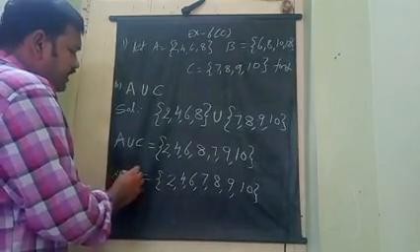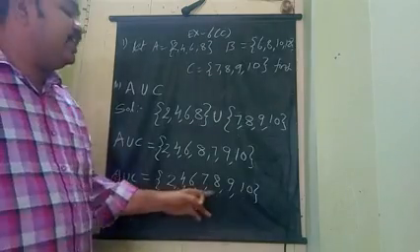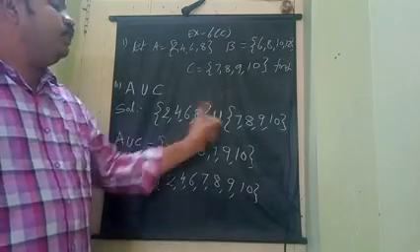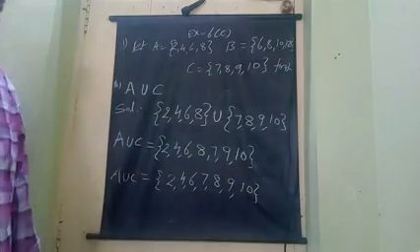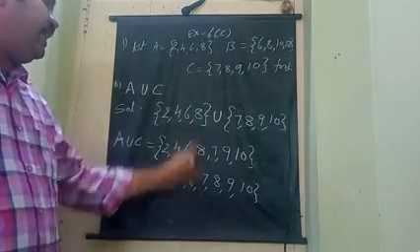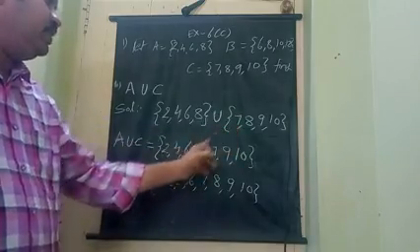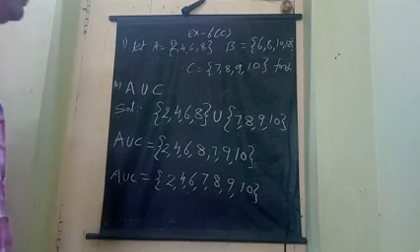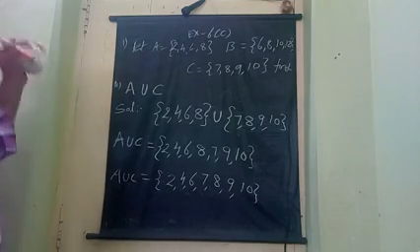With this you can stop, but we can write it in order once. The A union C answer is 2, 4, 6, 8, 7, 8, 9, 10. So this is called union. Writing of the elements of two sets is called union. Each and every element we have to write; that is called union. Writing of all the elements is called union.